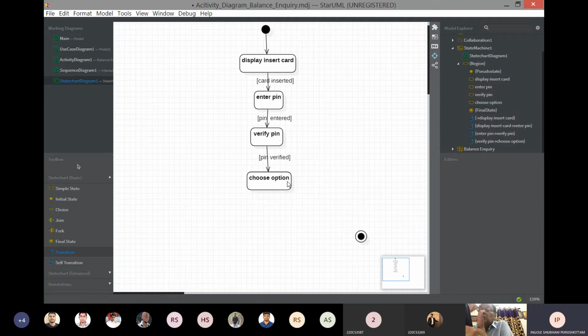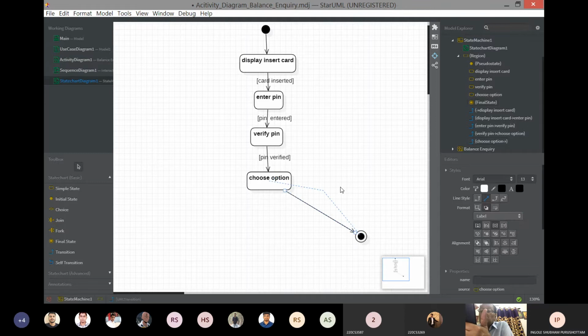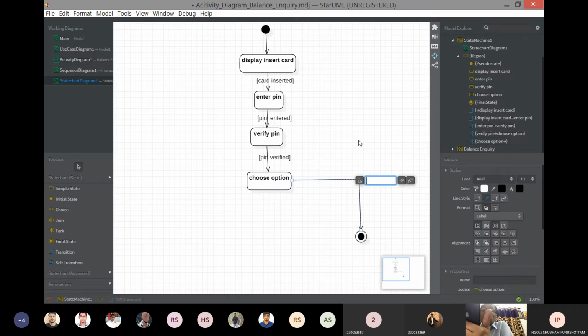So the transition, oh no, it should be from verify pin.